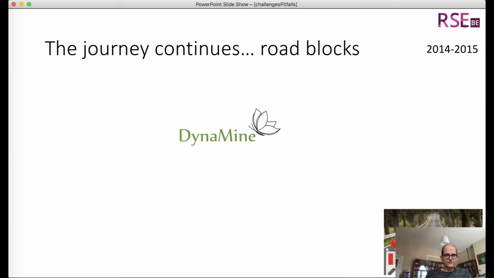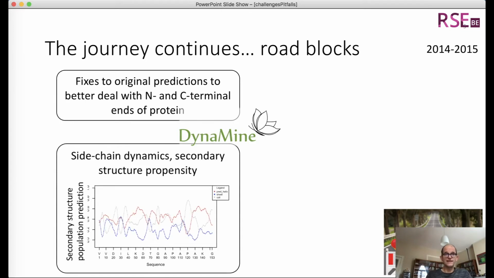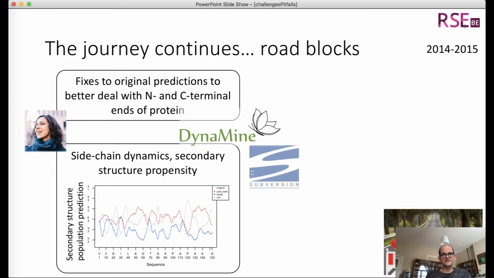We then realized with Dynamine that there was a certain bias that we had in the predictions. So we fixed those and then also realized that we could do other predictions based on the same principle for sidechain dynamics, secondary structure propensity. So we had to adapt the Python code to make sure it could deal with all these different kinds of prediction and the option to turn it on and off. So this is all chugging along nicely, working with Elisa, everything's in SVN, oh, great, we're doing analysis on this,